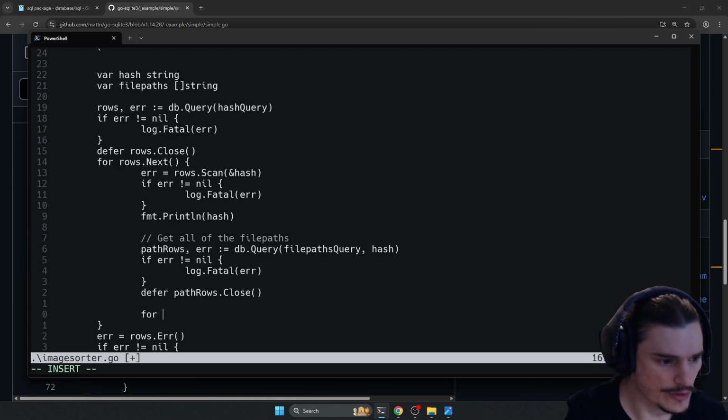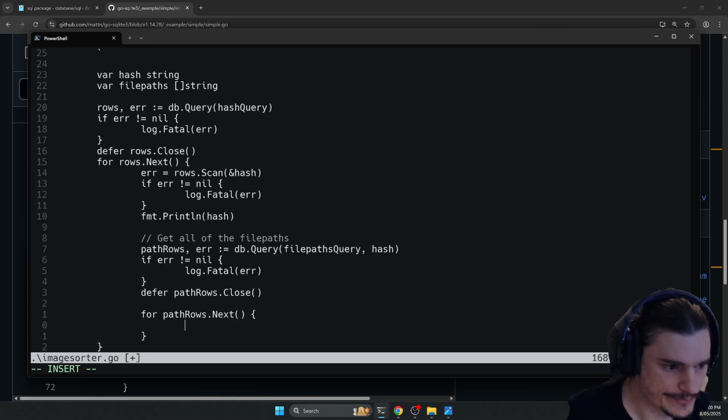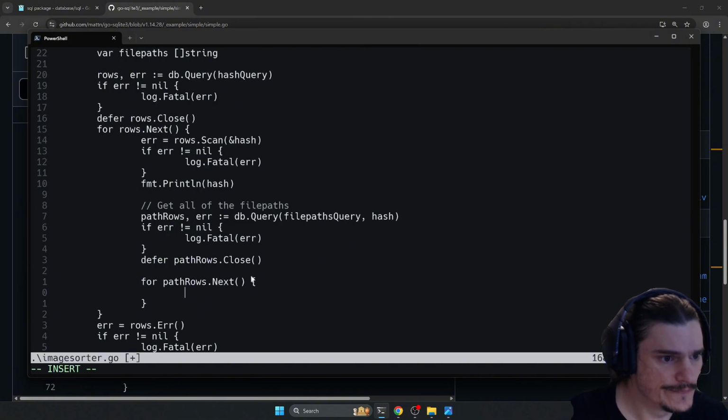So for path rows next, we've got now, so error equals path rows scan,